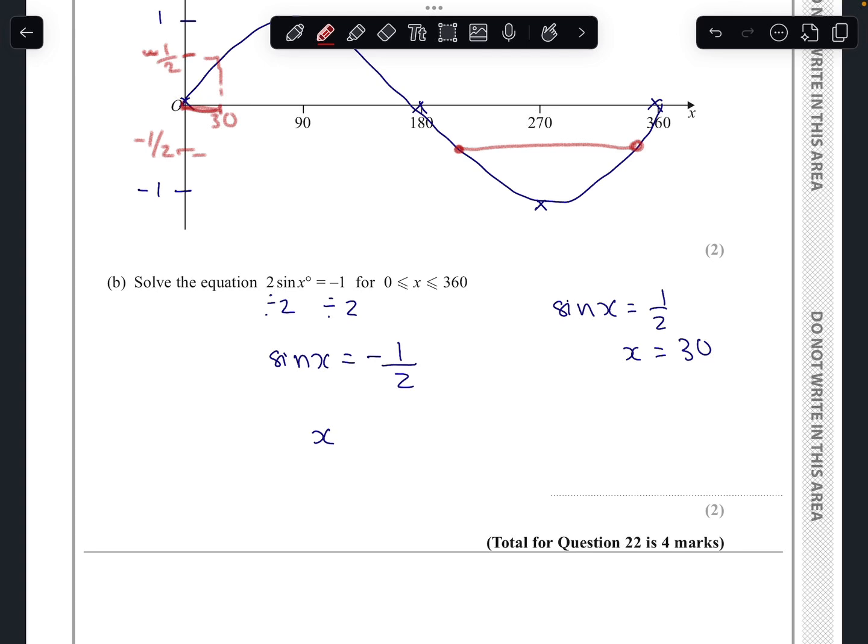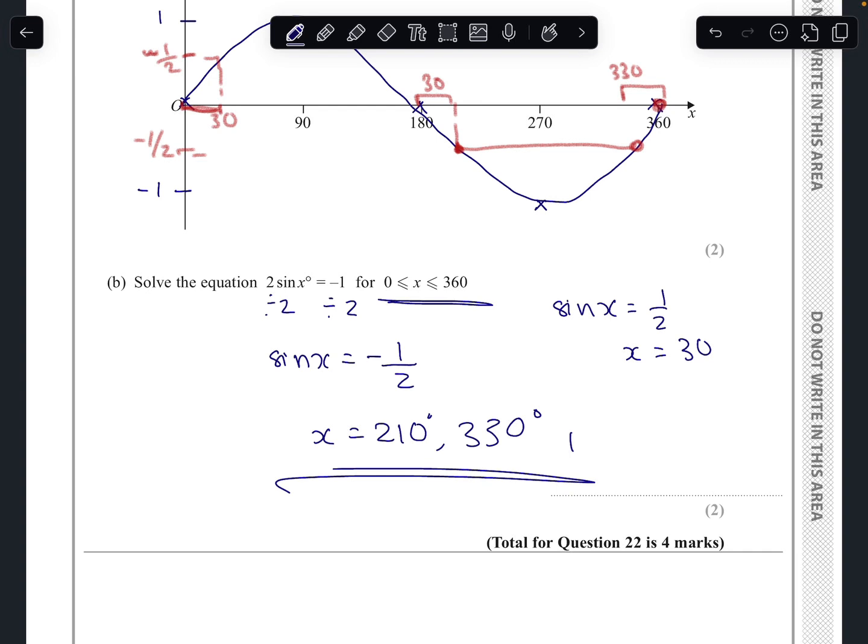So when it's 180, at this point it would be 30 away from here. So it would be 180 plus 30, which is equal to 210. And the same for this one. Over here, 30 away from here, but obviously minusing it, so it would be 330. And obviously there are infinite values if you carry on the graph, but they're only asking for this range, so